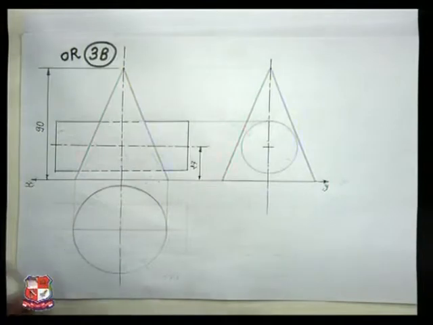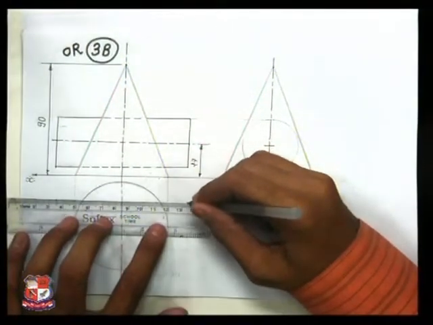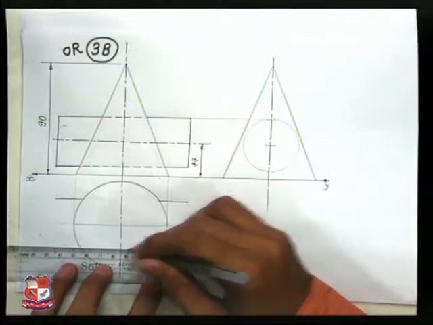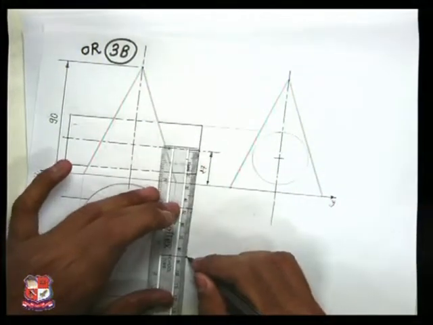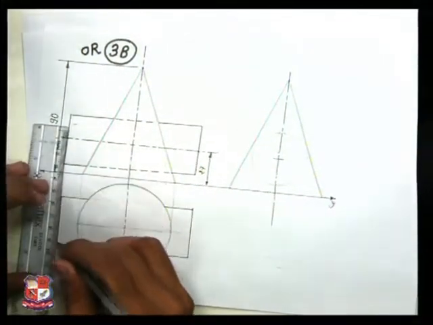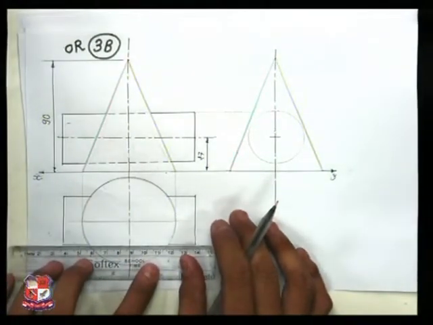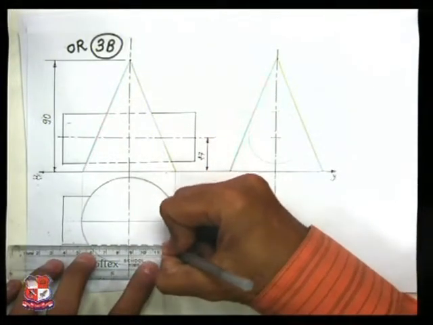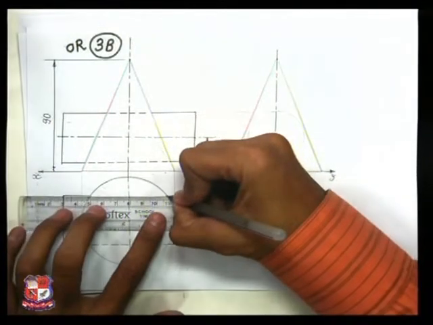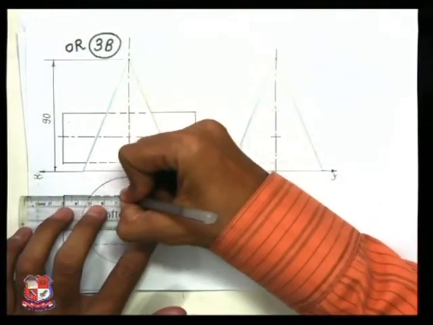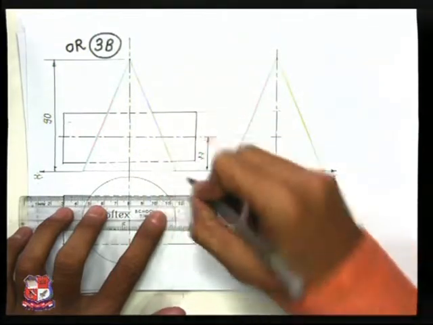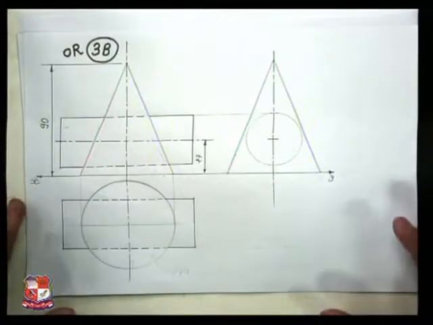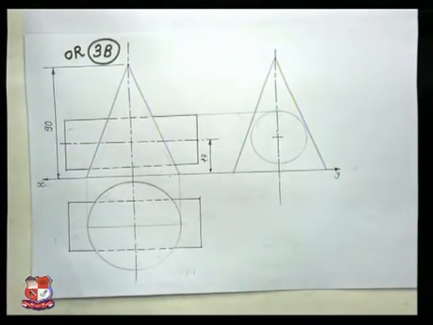Now in top view also we can draw the cylinder like this by taking projections from front view and from side view like this. This is the cone. This is the top view of the cylinder, and again here also this edge would not be visible, hence to be represented by dotted line inside this circle. On this side also it is to be represented by dotted line inside this circle like this. So till now we have drawn the basic requirement of this problem.